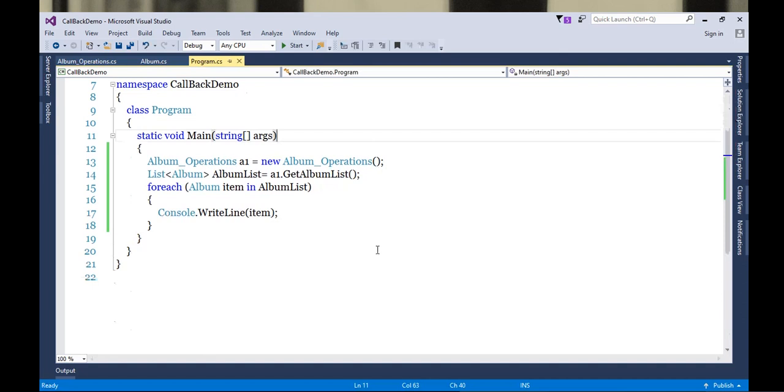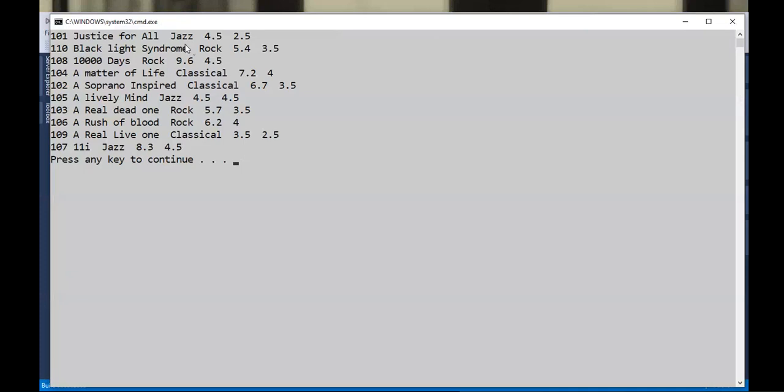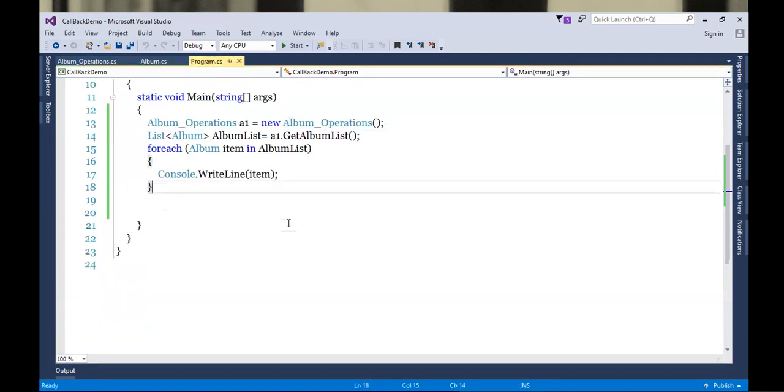Now what I want is to filter out the list. So this is the list. I got IDs, I got names, I got types, I got ratings, and I got price. On what basis you will be filtering out, it's up to you. So let's say I'm filtering out on the basis of ratings.